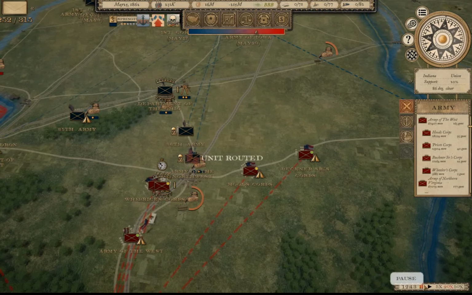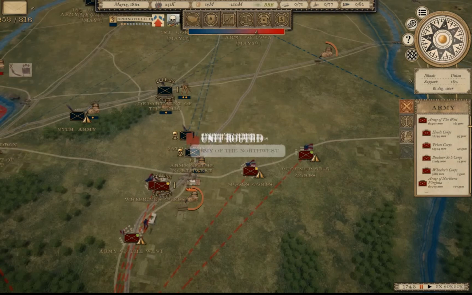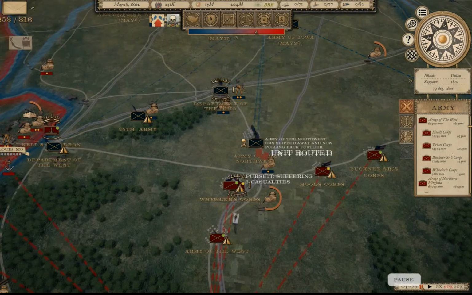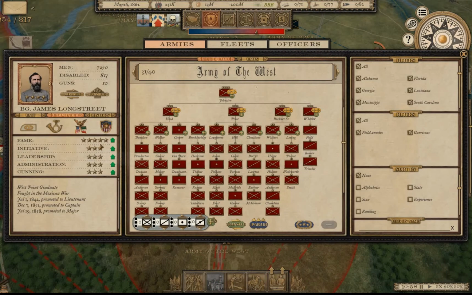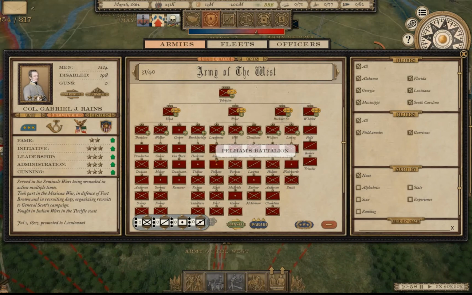Let's see the aftermath of this. So another Union Corps, I think, is coming in from the north, trying to support the Army of the Northwest, but I don't think they're going to get there before being caught on their own and isolated. Longstreet does deserve a promotion. Who would take over? Should probably give Longstreet Buckner's Corps. Or Rains. Rains might be a good